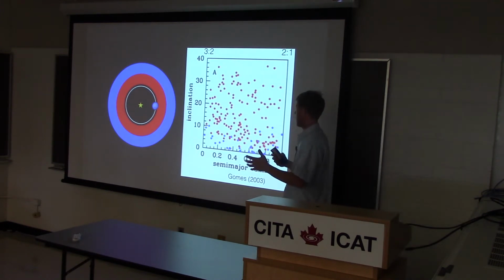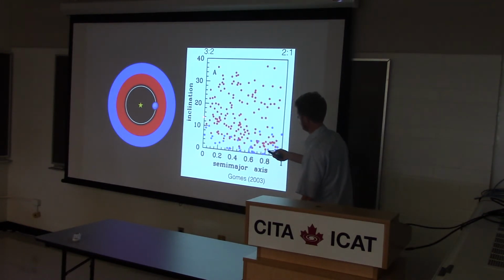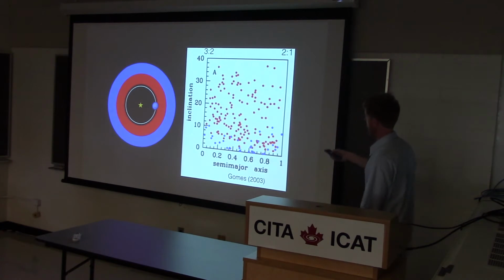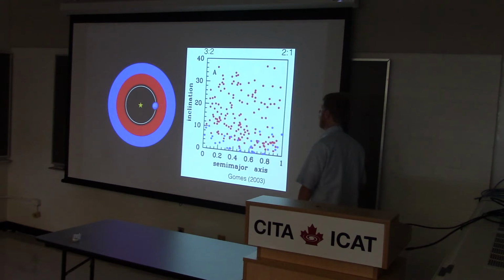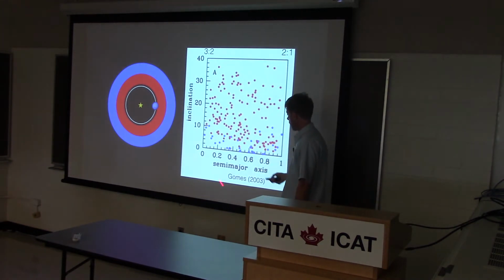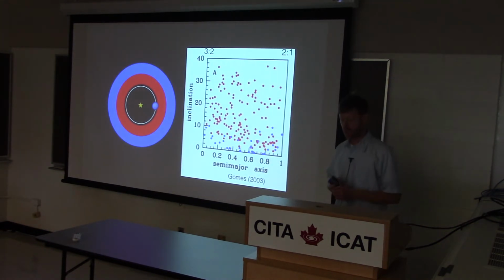High inclination tends to be a slightly bluer color. And just so you know, this is inclination versus semi-major axis, and this runs from the 3-to-2 resonance with Neptune out to the 2-to-1. And so this paper by Rodney Gomes in 2003, basically he showed that